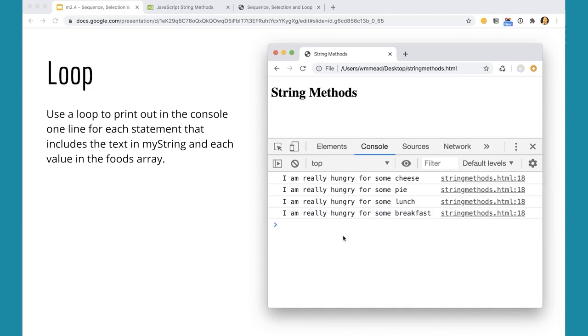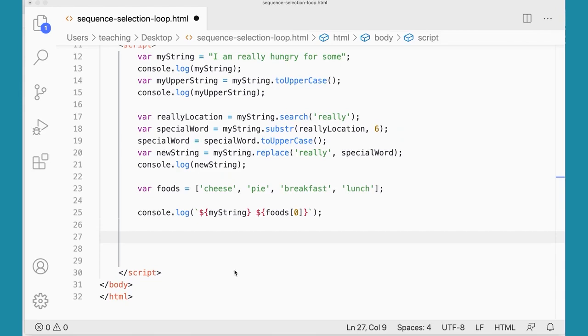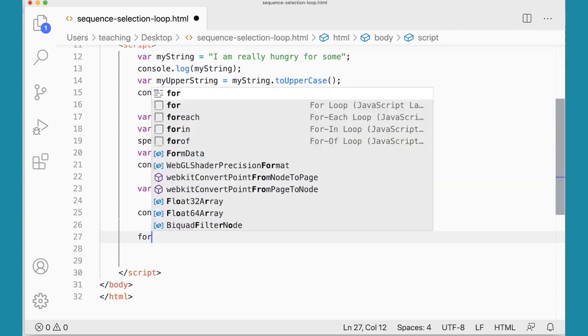Try using the for loop. Try using the for of loop. See which one feels better to you. Try them both. Hopefully you got it for yourself, but I'm going to do it here just so you can see how I do this. For,